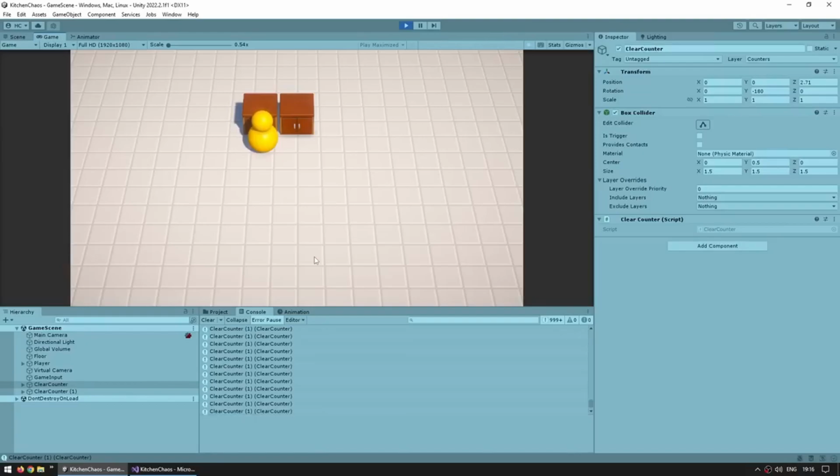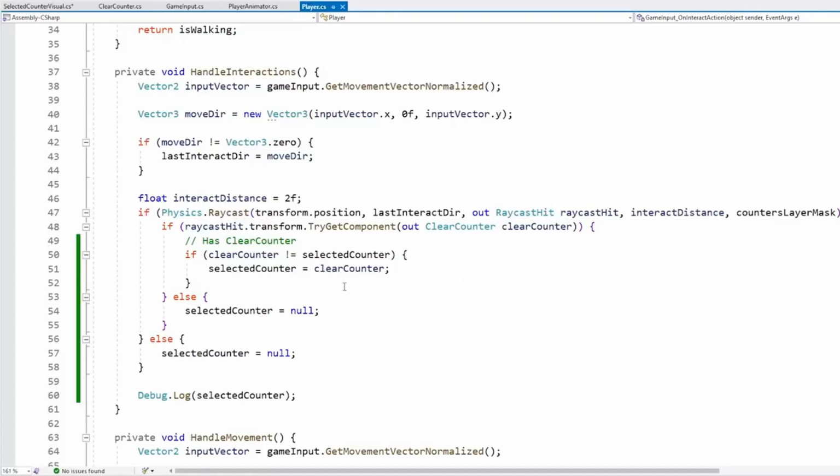Now, basically, we just need to notify the visual whenever this one changes. So when this one is pointing at that one, or pointing at null, or pointing at that one, we need to know when that happens. And for that, we basically have two options. Now, one option is pretty much what I mentioned a while ago, which is over here we have the selected